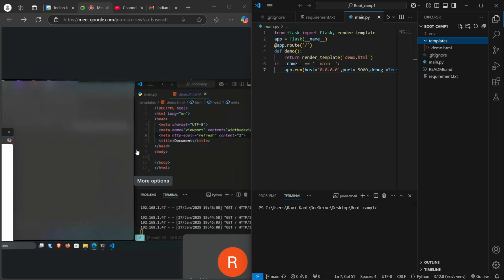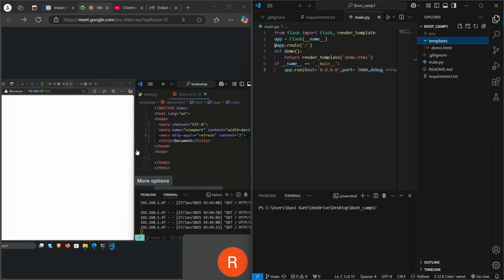I will just show it to you. This is a good thing that you told me, Ravi. Can you share that meta tag? I will just copy. Yeah, this is the meta tag. Once you are done designing your HTML page, you can remove this meta tag. Never have this meta tag in production. You can see that it's getting reloaded every 2